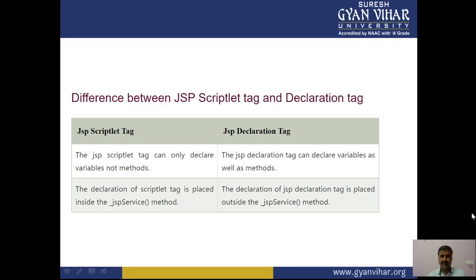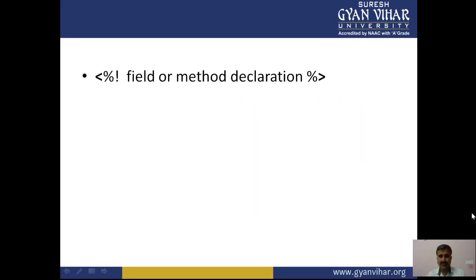So if somebody asks what the difference is between the scriptlet tag and the declaration tag: basically, this is the syntax, less than sign, percentage, and then exclamation, and fields or methods are declared, right? So that is the declaration tag.